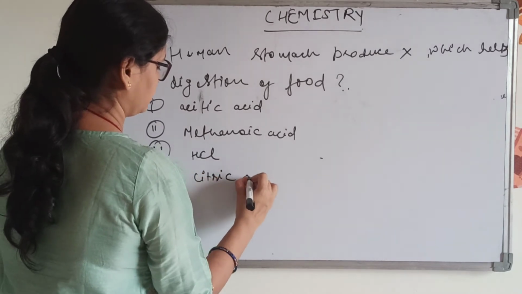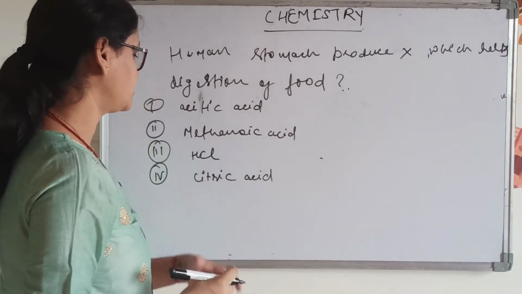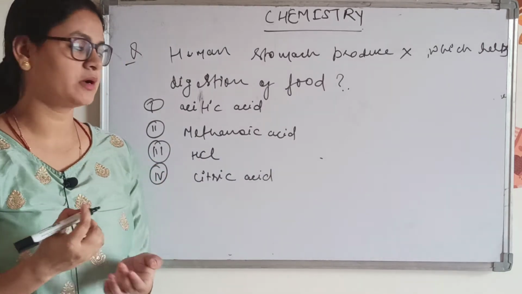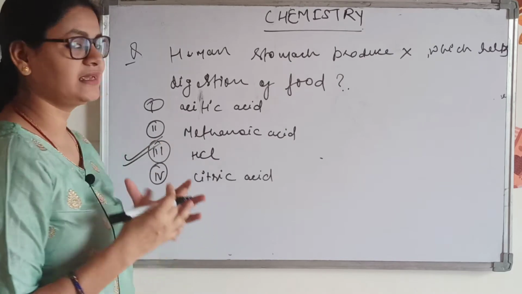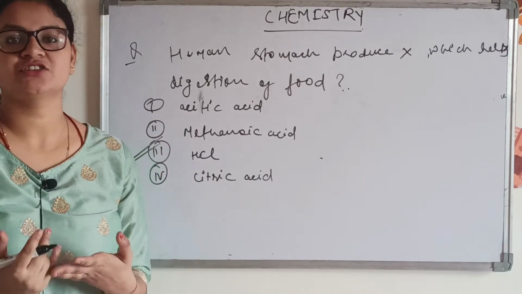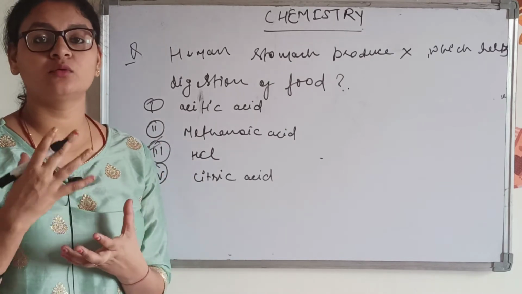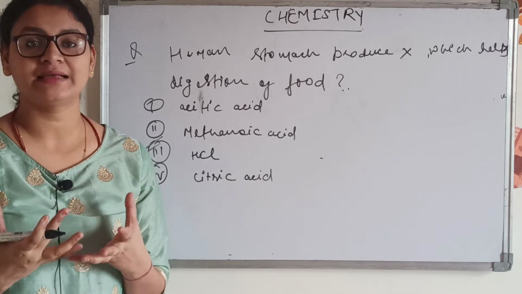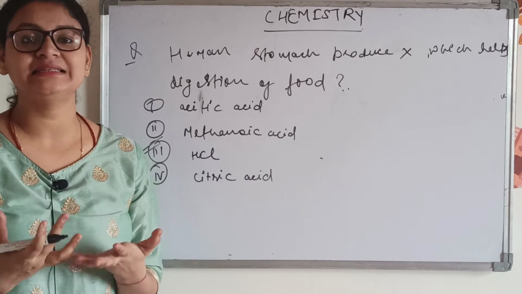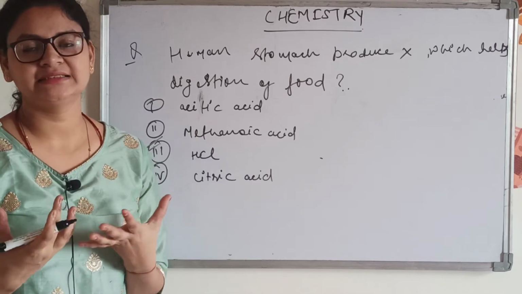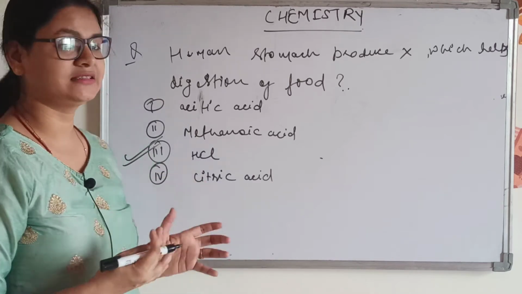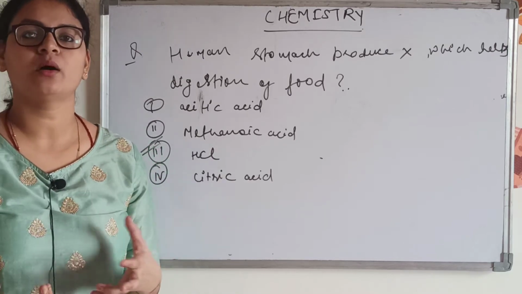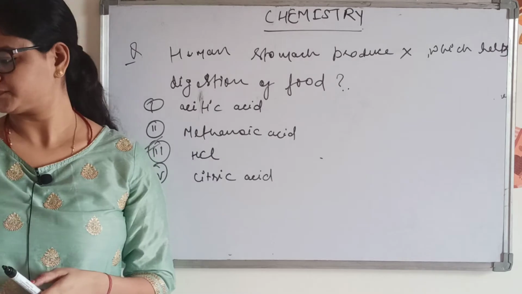See, the acid which is produced by the wall of our stomach is HCl. HCl is the acid which helps us in digestion, but sometimes it overshoots and produces a lot of acid, and that causes acidity. So we say, I have acidity in my stomach, because of HCl in huge amount, but a small amount of HCl is required for the digestion of food.